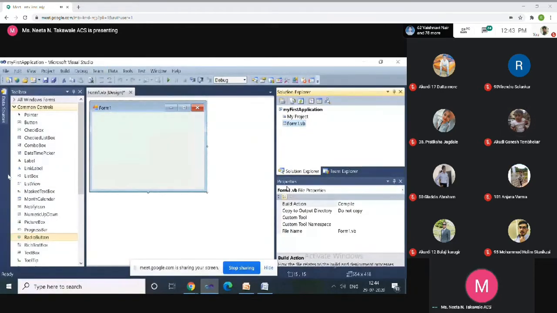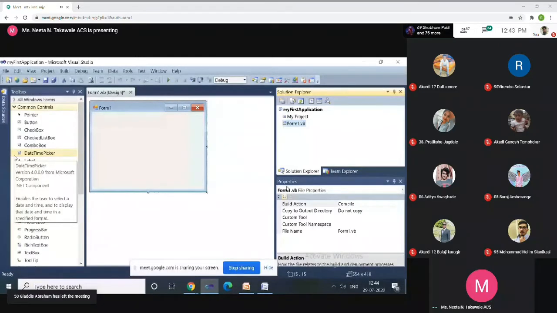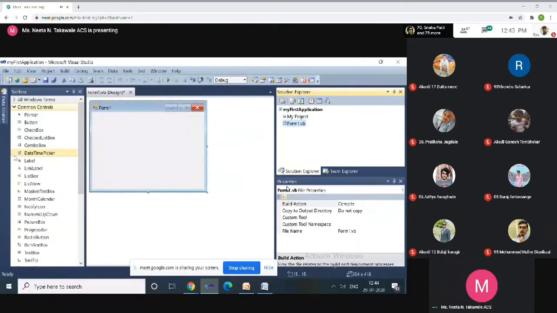Whatever environment is now displayed on the screen, the window that is opened, is called the IDE, Integrated Development Environment. Integrated means combined.